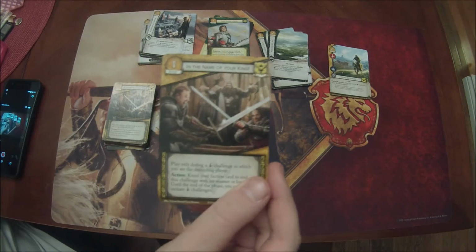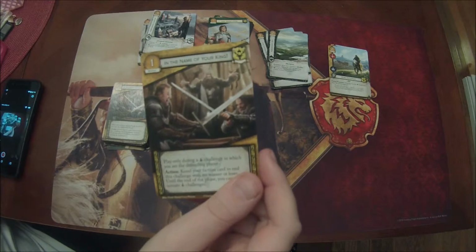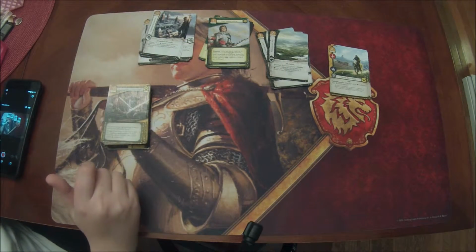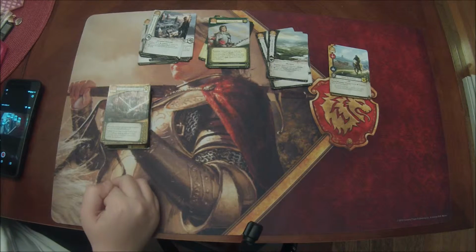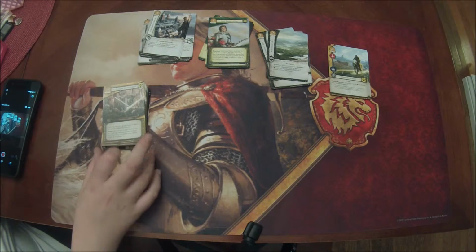Next card is In the Name of Your King, 1-cost event, Baratheon Loyal. Played only during a military challenge in which you are the defending player. Kneel your faction card to end this challenge with no winner or loser. Until the end of the phase, you cannot initiate challenges. So this could be pretty